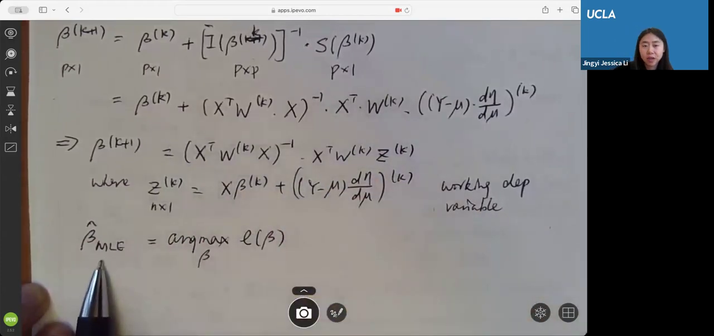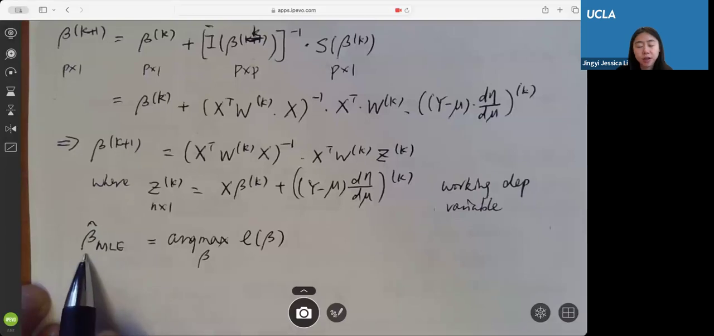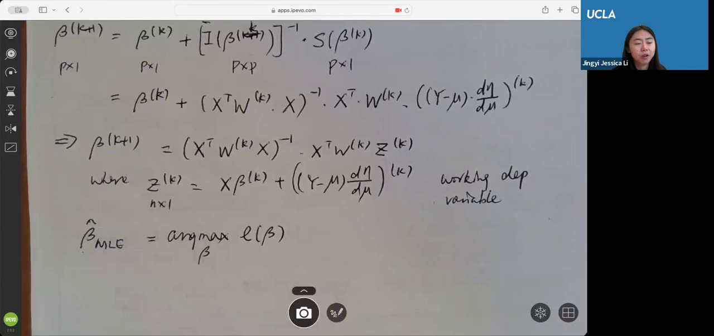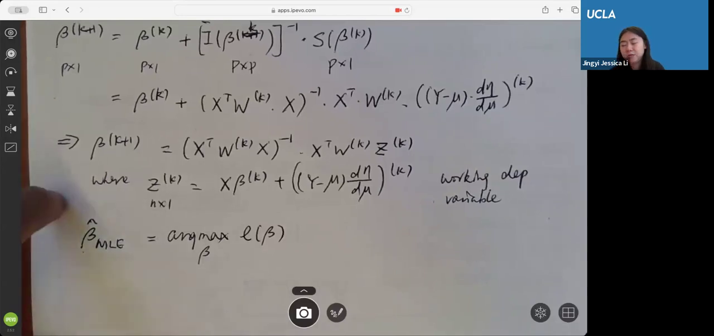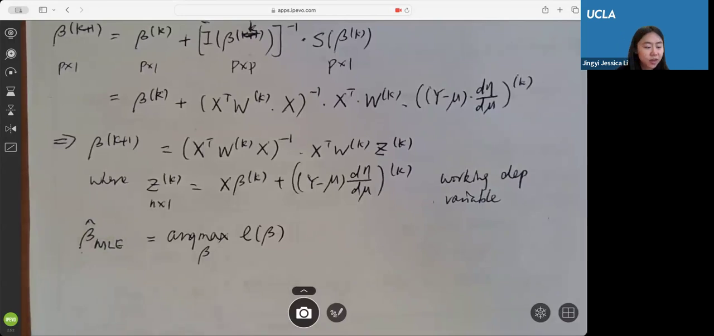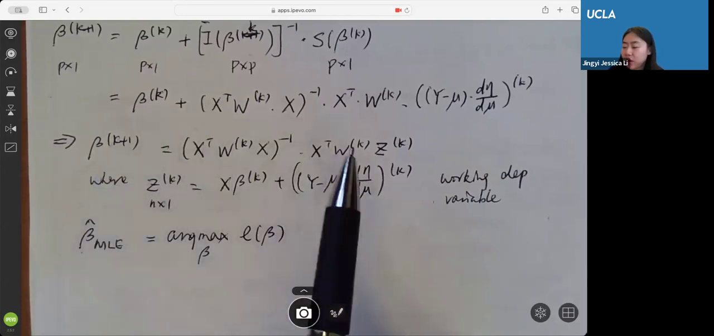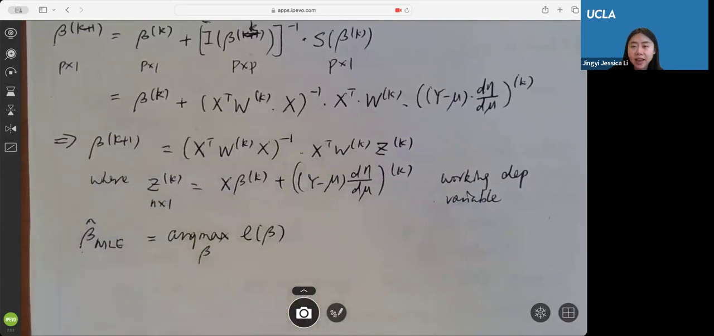Suppose that we have this, and we want to talk about what is the covariance matrix of the beta hat, so we know the uncertainty of our estimates. If we want to talk about that, then I think this iterative reweighted least squares can provide some useful insights for answering that question. Okay, so last time we also said this working dependent variable zk can be interpreted as